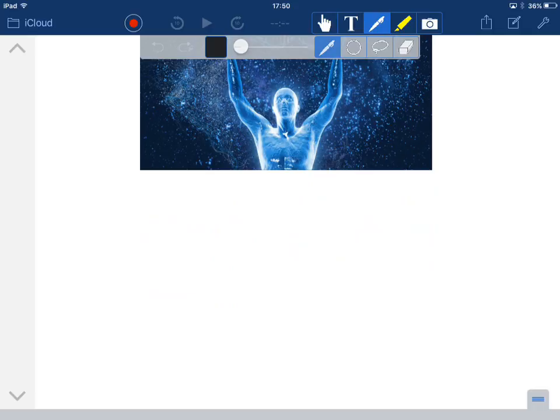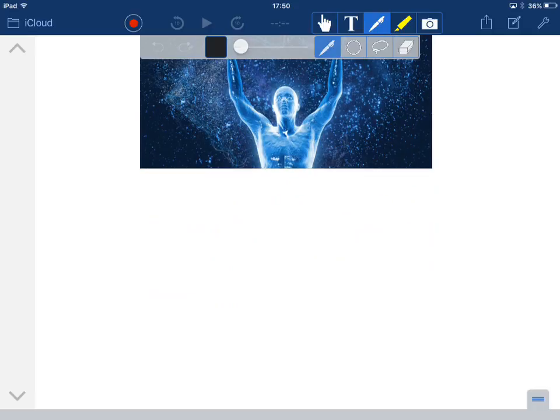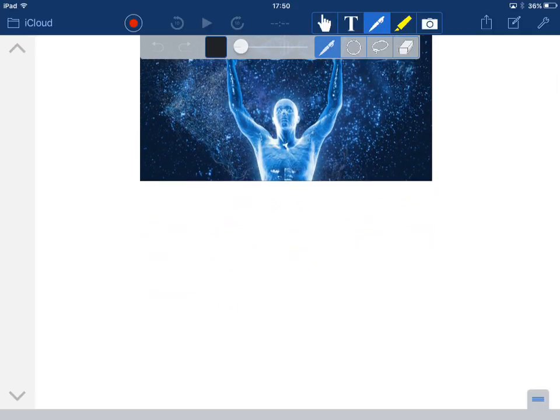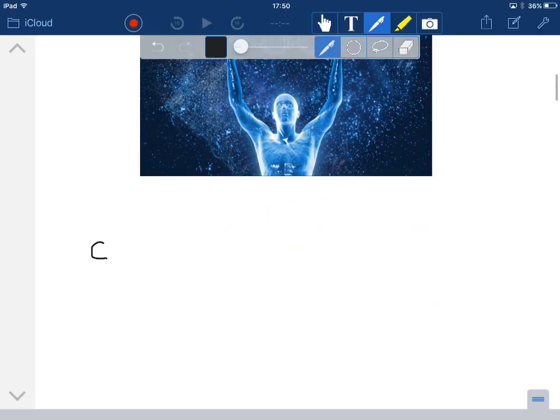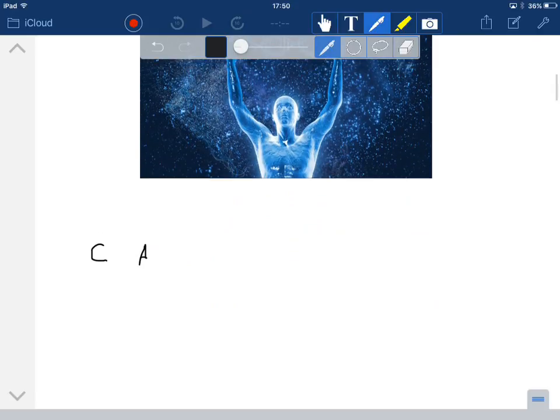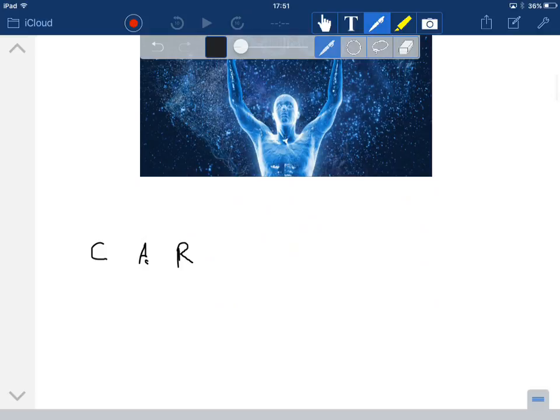And if we were to say, for example, the letter C, and it doesn't really mean anything. The letter A doesn't really mean anything to us. The letter R doesn't really mean anything. But if we actually put those together with the code that we use every day, which is the alphabet, we suddenly get